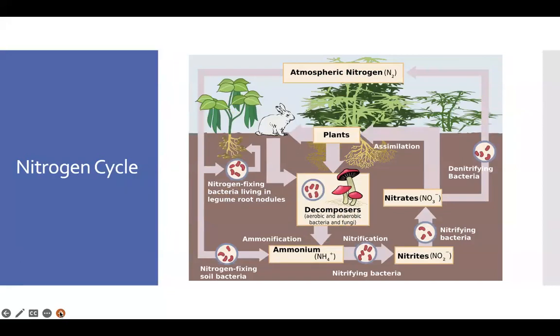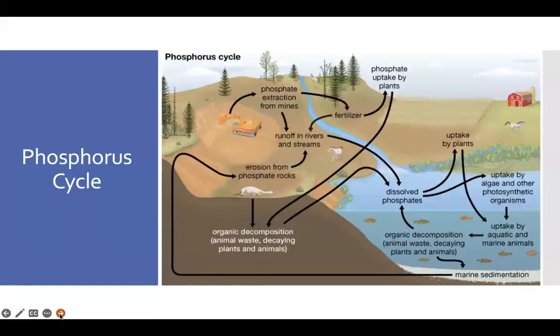Nitrogen cycle will be interesting and important when we talk about agriculture. So we have atmospheric nitrogen that gets fixed not by plants, but by microbes, bacteria. And then when it's fixed, plants can use it. We have animals that need it by eating the plants or eating animals that eat plants. And then things die, get decomposed, and cycle back around. So that's important, as is the phosphorus cycle, mostly when we talk about agriculture.